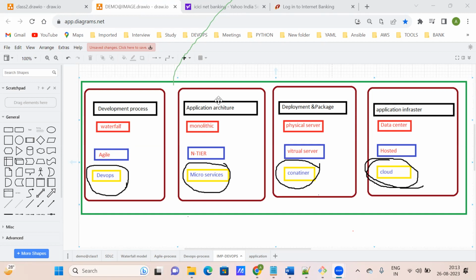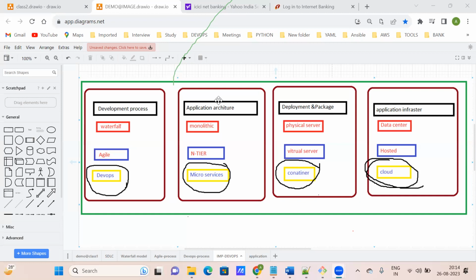But your application is somewhere else, correct? And your backend is somewhere else. So the client accesses from different devices and through a browser, while your application server is somewhere else and the database is somewhere else. That's why we say entire application. At that time your deployment process changed from physical server to virtual server.